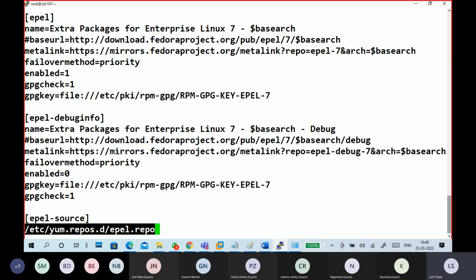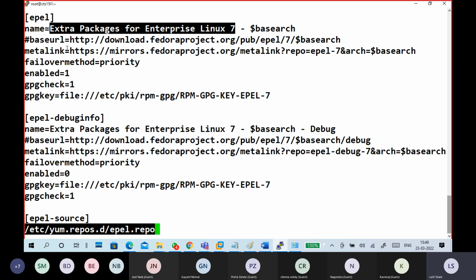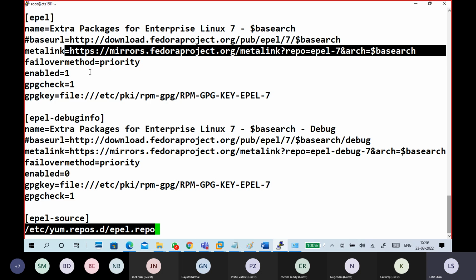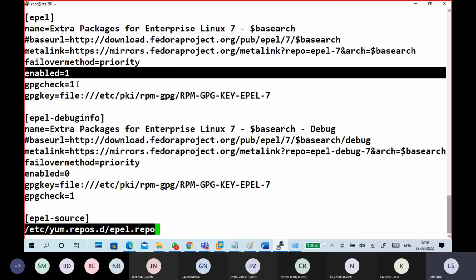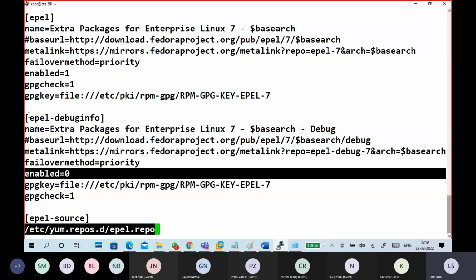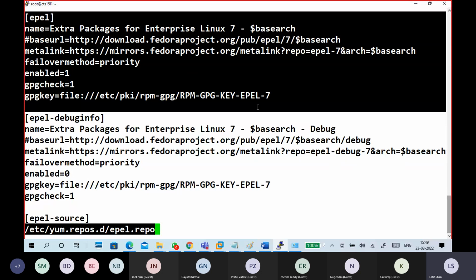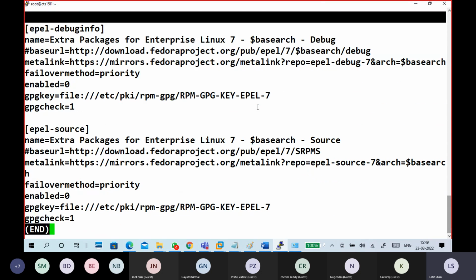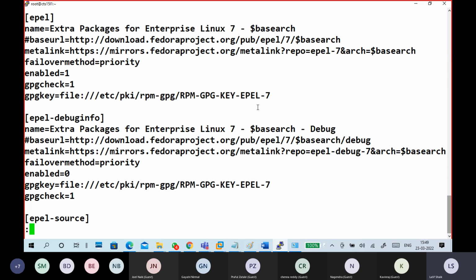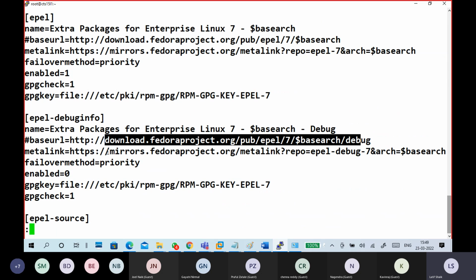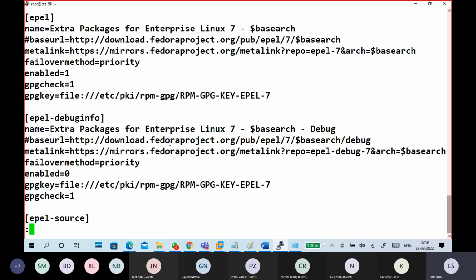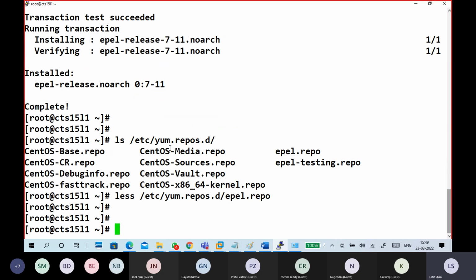So this is a repository. You can see again the same thing. The name of the package, where the package location is, enabled=1 means enable this repository, enabled=0 means disable this repository. The location to download the packages is also given, right? And it is also giving metadata like this. Okay, so these two things are added.